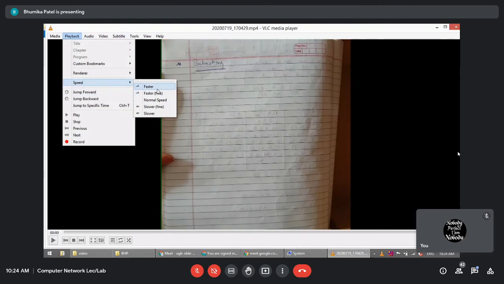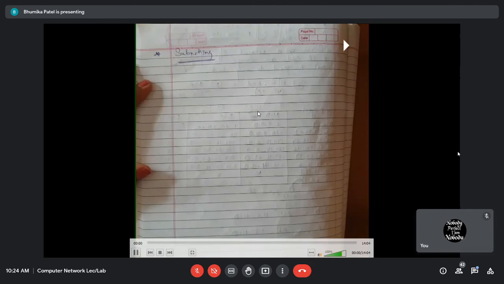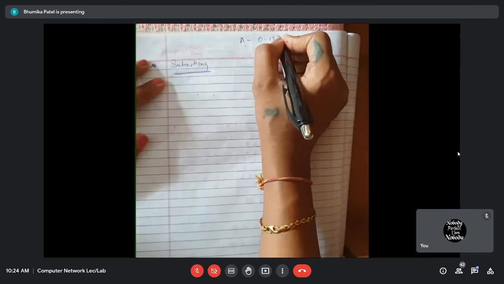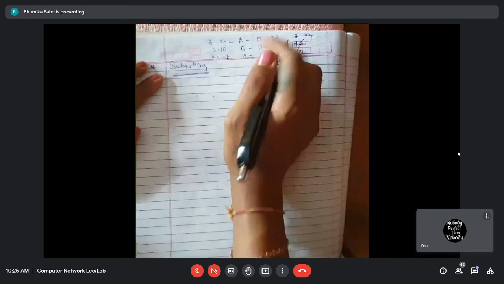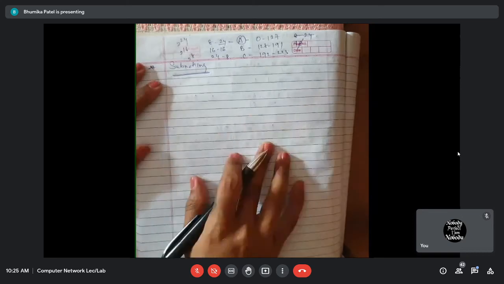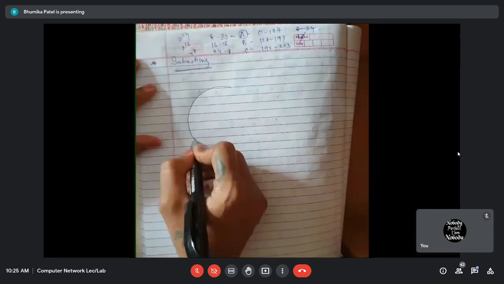Okay, next and very important topic is subnet. Okay, this is very important. Now for example, before that we will see, just let me write again the ABC range. Okay, I have written the range and the bytes for the network ID and host ID. For example, I am taking an example of class A. I'm taking one network of class A.